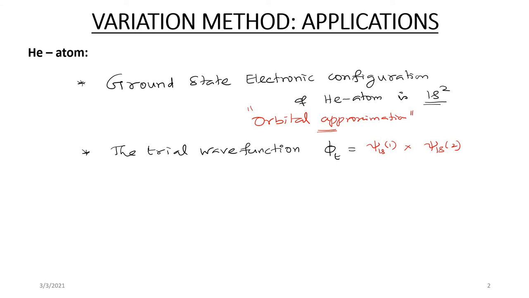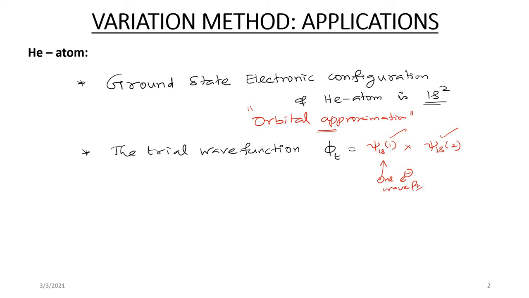In orbital approximation, we assume that the electrons are independent of each other. There is no interaction. If you assume the electrons are independent, we can write the total wave function as the product of one electron wave functions. So these are all one electron wave functions. This is one electron wave function, this is another one electron wave function. The product of these two will give you the total wave function. But